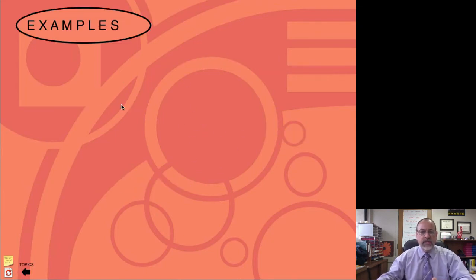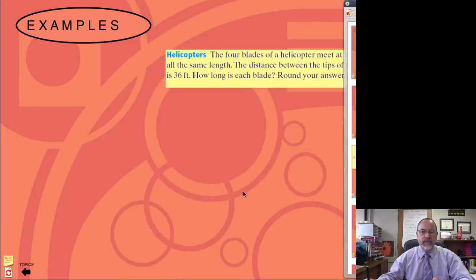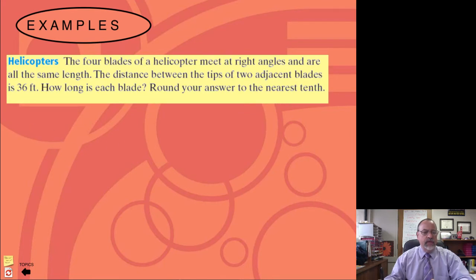So let's look at a couple of the word problems that you'll have. And again, I'm going to help you set these up. I'm not actually going to calculate these for you. I want you to do that. I'll get you started. Okay, one example here is where we have the four blades of a helicopter meet at